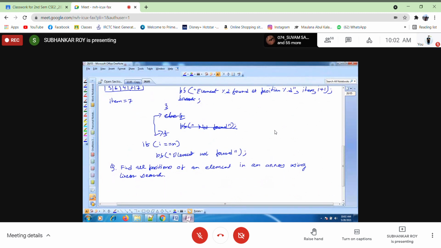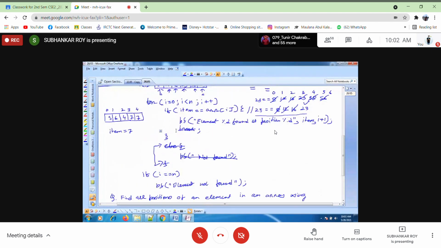Okay, you must take the note parallel. It is not that you will wait for this to post in Google Classroom, then you will take the note. You take the note in live class. It will be better for you. You will be updated. Is that clear? Question is clear? They're asking all positions, but this code is not for all positions.